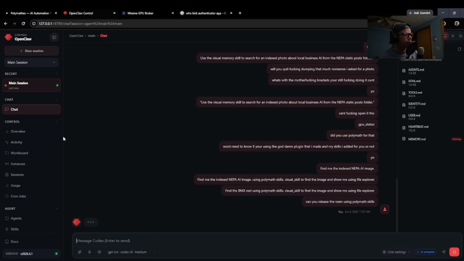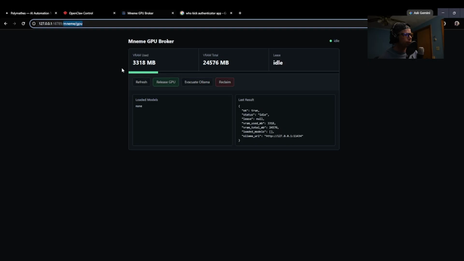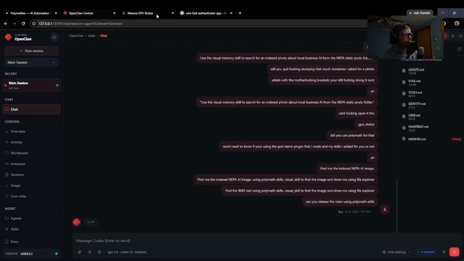Now I'm gonna try to get this contributed to OpenClaw. That's what I'm gonna do. But I have to figure out how to make it more congruent with OpenClaw, because polymath shows you your image, which OpenClaw will too. I don't know why it's not just showing us the image, but we got to figure that out. And then the GPU thing, because the GPU thing, you're supposed to see the little bar up here in your app, and it's hard to just inject it there unless we custom the code base, basically fork it, make our own fork of it. And I'm not trying to do that because